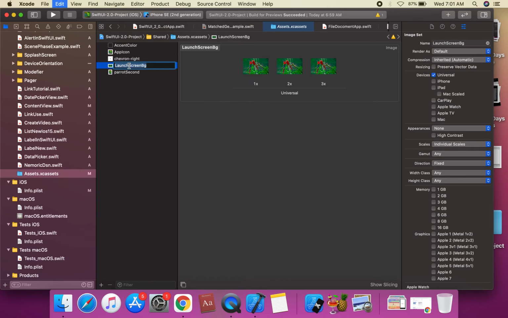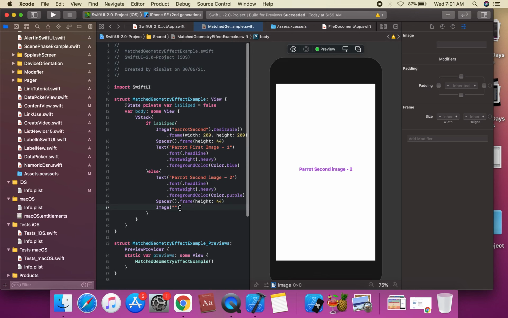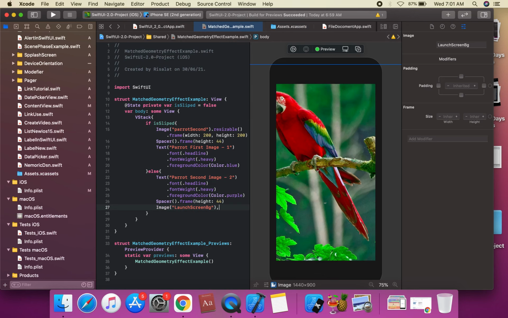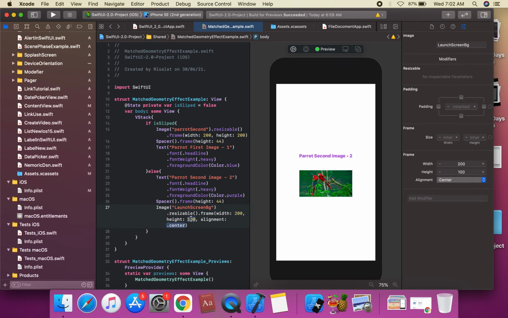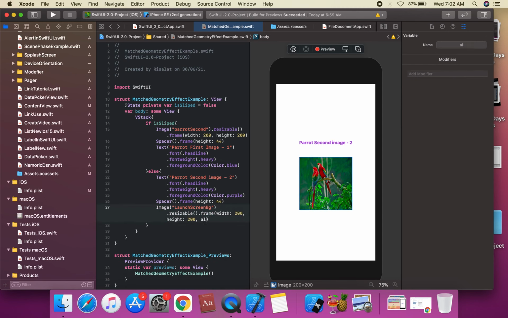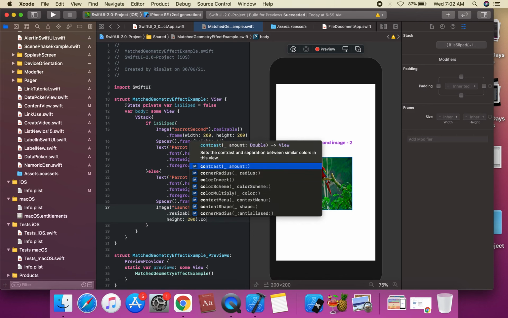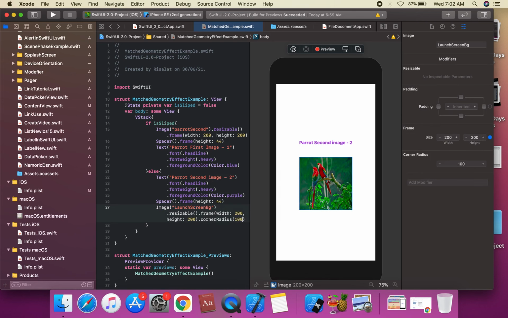We assign the launch screen bg image, apply the resizable method and a frame of 200 width and 200 height, remove the alignment, and apply a corner radius of 100.